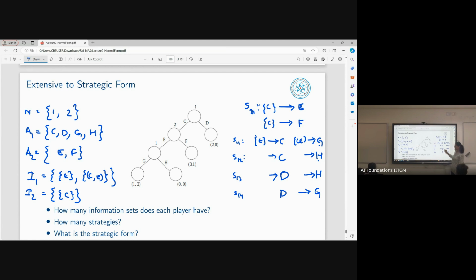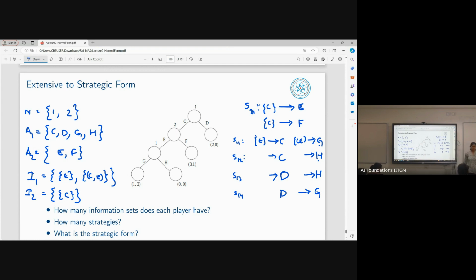The utility, what would be the outcome of such an action once the D? It will always be 2, 0, irrespective of what the action is. The outcome will be the same, but for the sake of it, we'll have to define the entire space of strategies that is possible. We'll say the number of strategies for player 1 is 4, but the utility that corresponds to both of these strategies is the same, because after D there is no more game anymore. So the utilities will be 0, but the number of strategies are still 4. That's how the definition works.